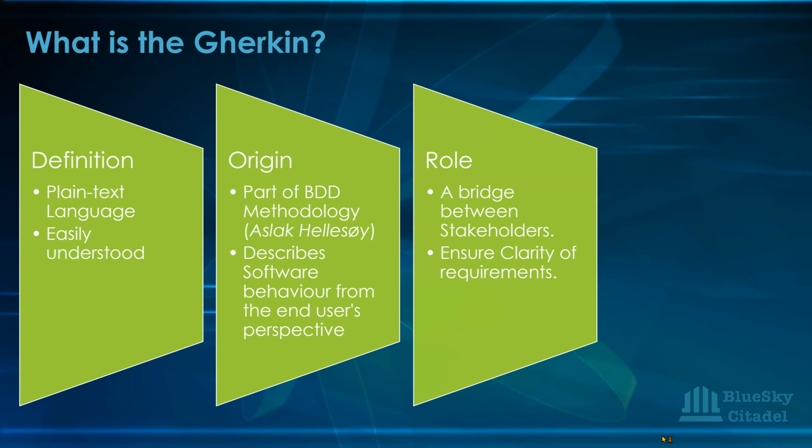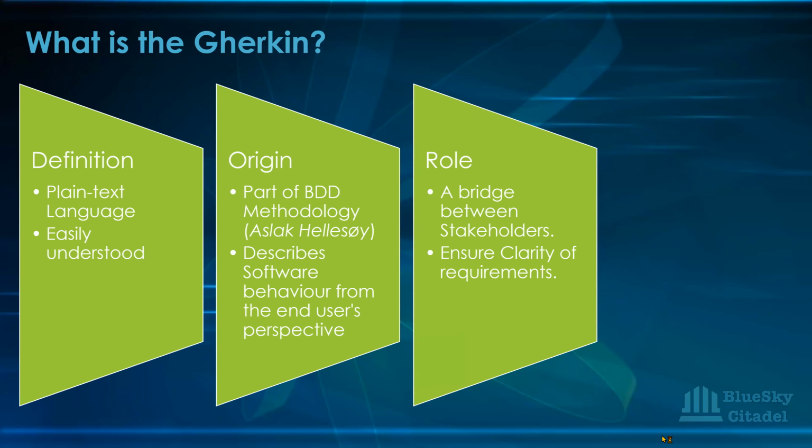Next will be the role of the Gherkin in BDD. The Gherkin acts as a bridge between the business stakeholders, the testers, developers, product owners, and all the stakeholders on a software project, ensuring a common language to discuss and document system behavior. With the Gherkin, you can never overemphasize the fact that it acts as a bridge for common understanding,